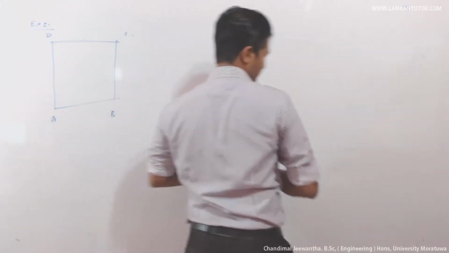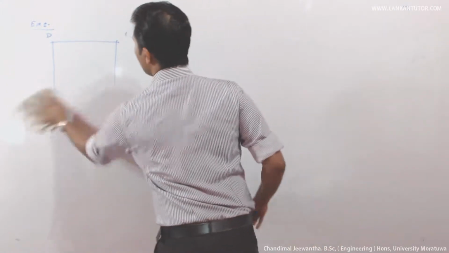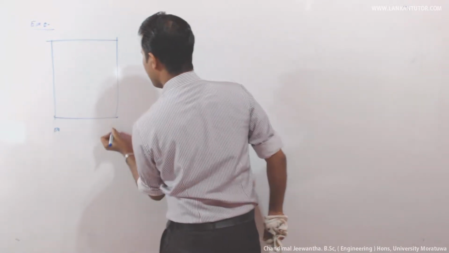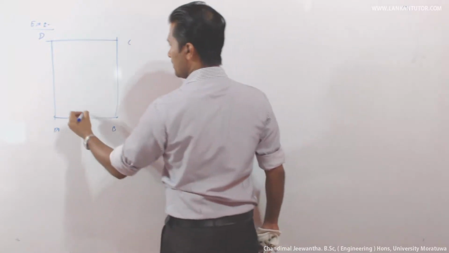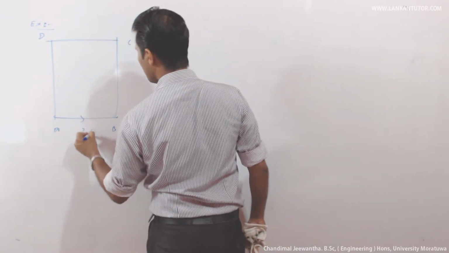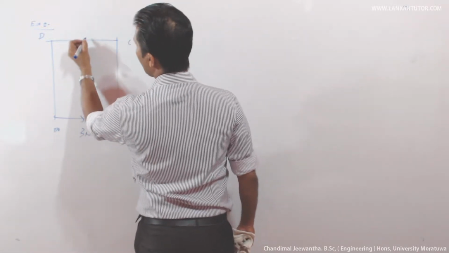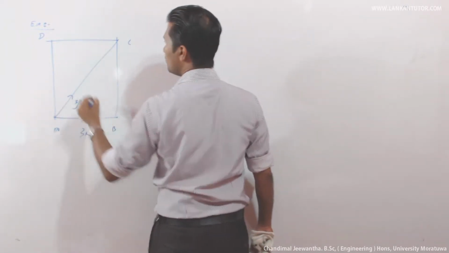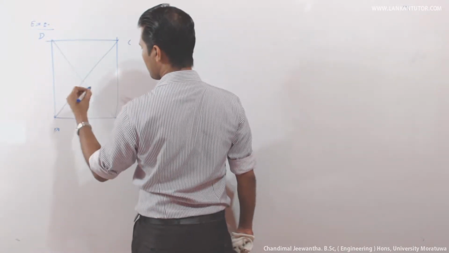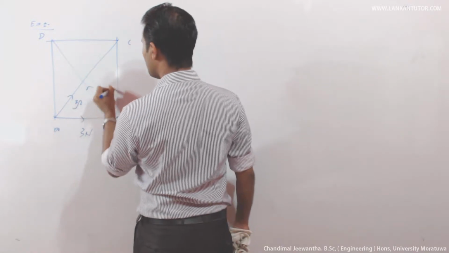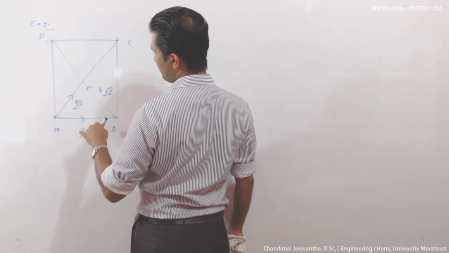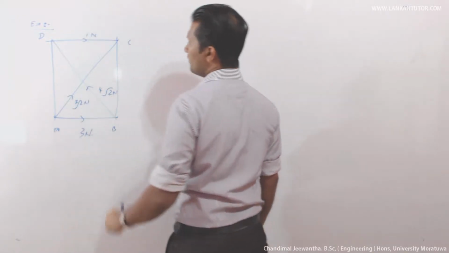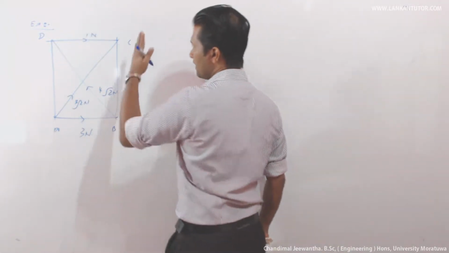So then, this is A, B, C, D. You are given this is 3 newtons, and 3 root 2, 4 root 2, and this is 1. Considering this direction,